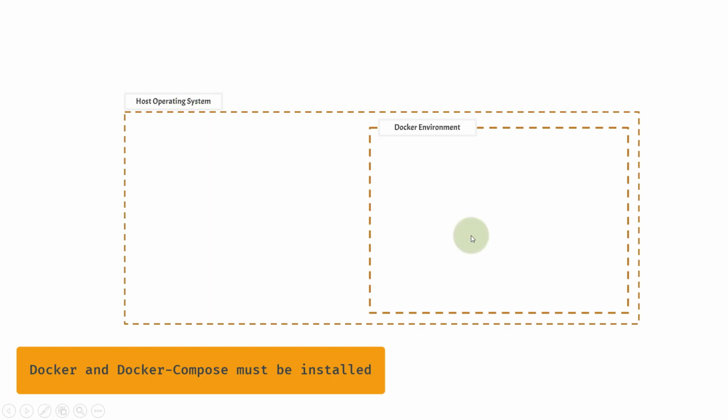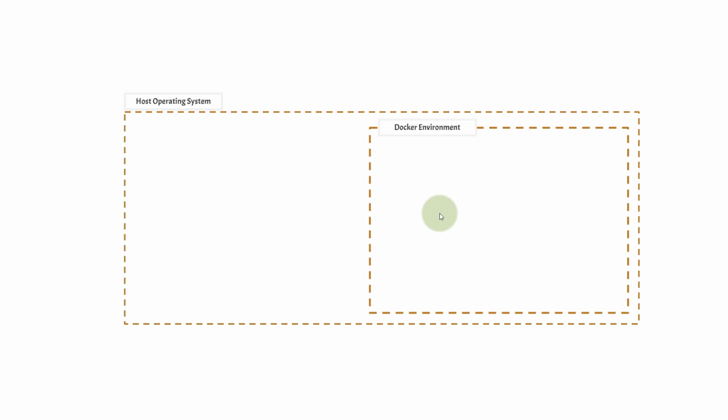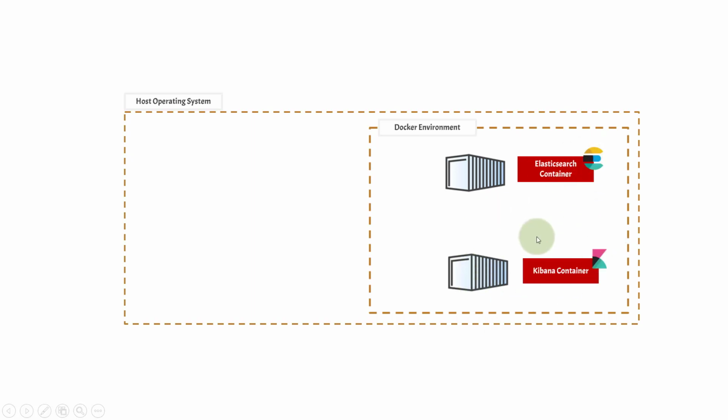So inside the host operating system, we have our own Docker environment, which can be created by using the Docker CLI. In the Docker environment, we'll be creating a container, and that container will be of Elasticsearch. We'll be creating another container, and that container will be of Kibana. The Elasticsearch container will have port 9200 exposed so that anything inside the Docker environment can connect to this container using this port. In the same way, for the Kibana container, we have 5601 as the port, and anyone inside this Docker environment can connect to 5601. So these two containers can talk to each other on these two ports.